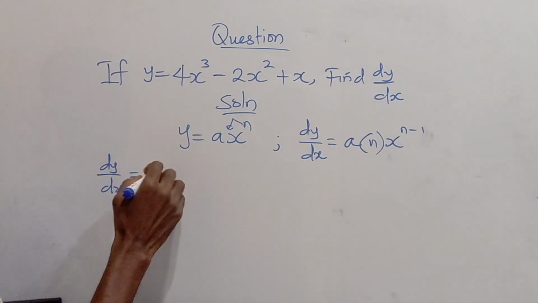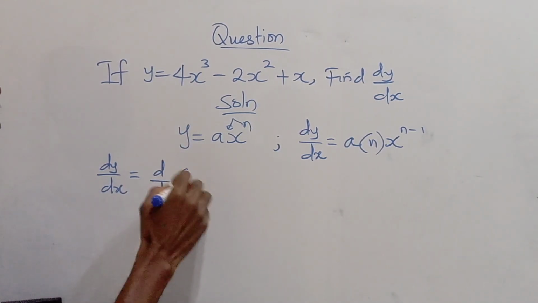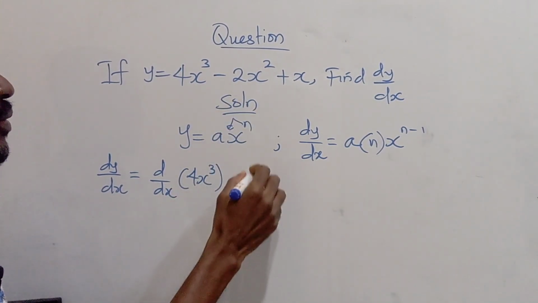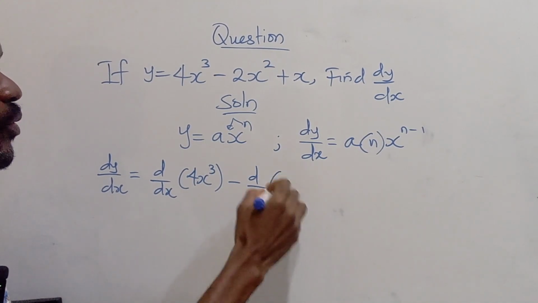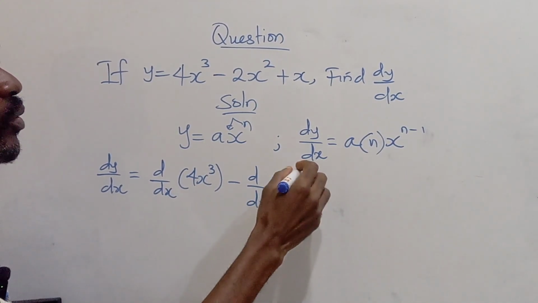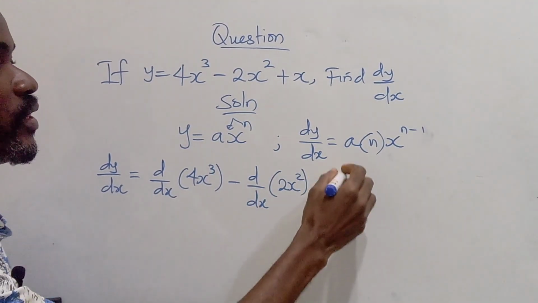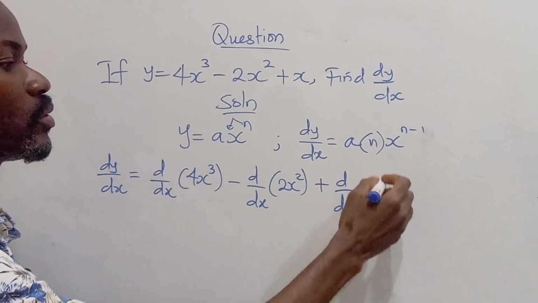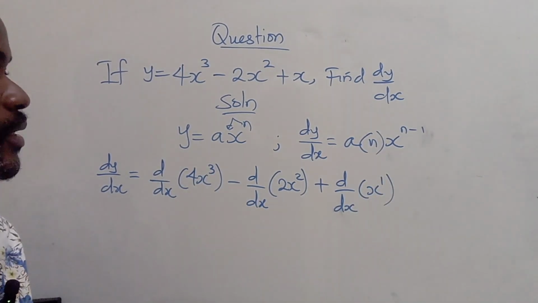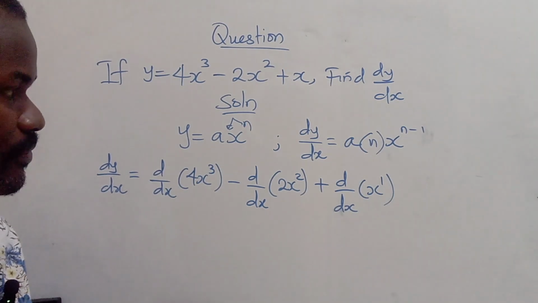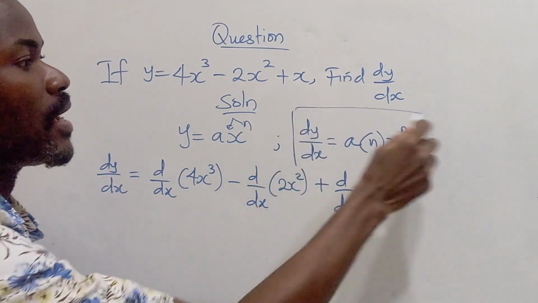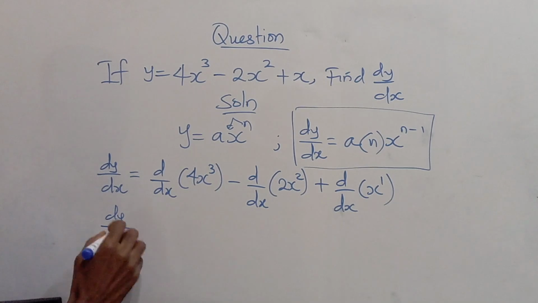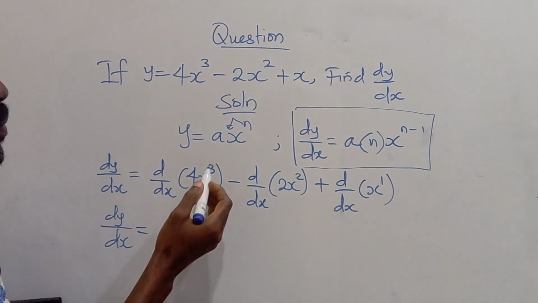We are going to differentiate 4x raised to the power of 3, minus we are going to differentiate 2x raised to the power of 2, and we are going to differentiate finally x raised to the power of 1. Alright, so now applying this general method, our dy over dx is going to be, now this 3